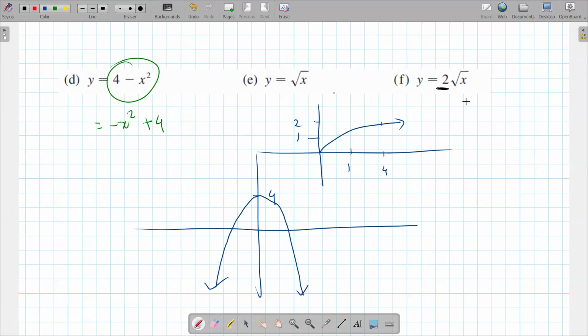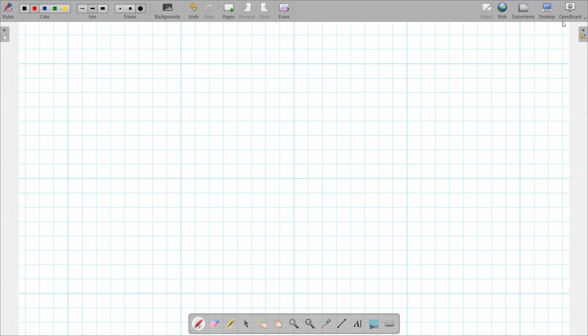So to graph this, x values are going to stay exactly where they are. The y values are going to double. So I'm going to build it on this. 0, 0, the y value doubles, stays right there. 1, 1, the y value doubles, it's going to become 1, 2. 4, 2, the y value doubles, so at 4, it's going to be 4. So 2 root x looks like this. It's exactly twice as big on the y-axis, and that makes sense because that's what the transformation does. So we're done with this one, E